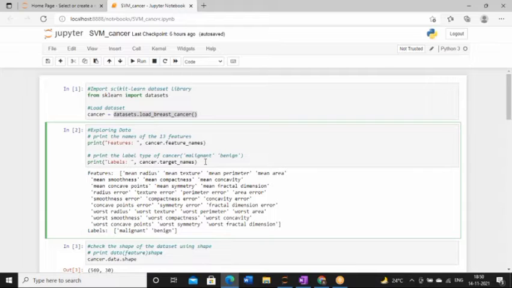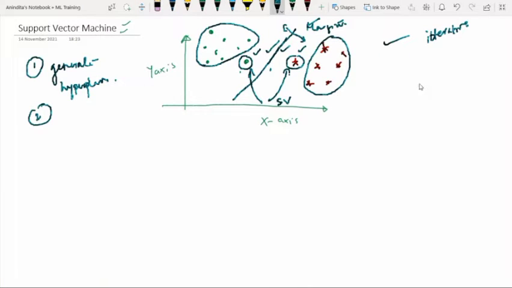So what do you mean by labels? I have already discussed that whenever we are dealing with a data set, in the data set we will have features as well as some class labels. Here, label means class label, and class label means the type.